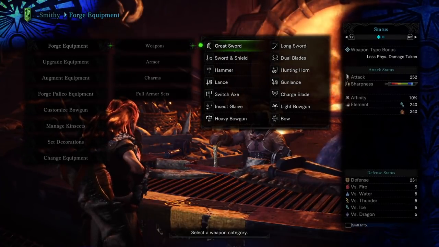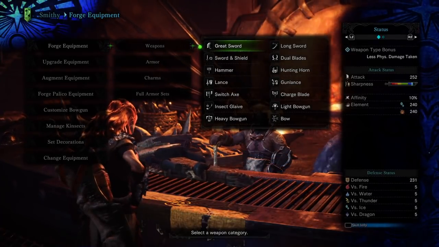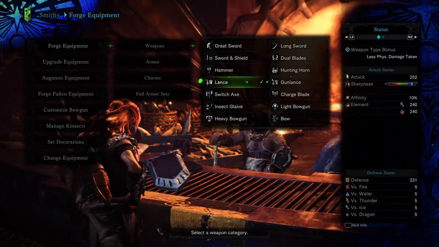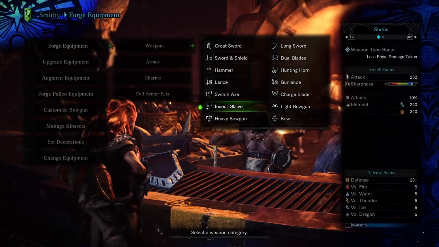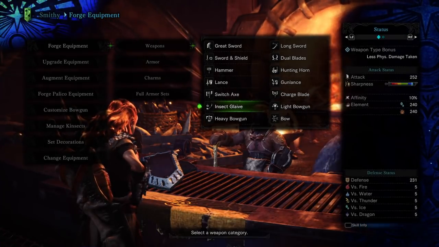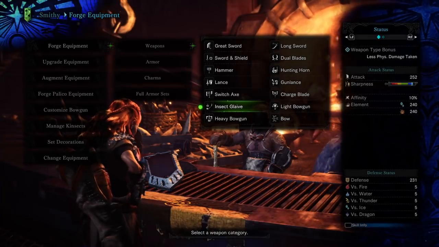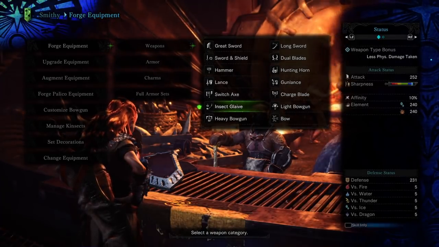And step number 1 is you basically have to choose a weapon. It can be any weapon that you want. Just make sure that you have some knowledge of it. So maybe try it out in the training area first. Get a little idea of what you're using, because